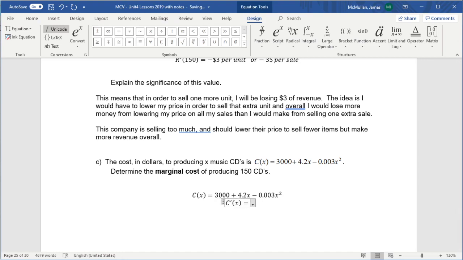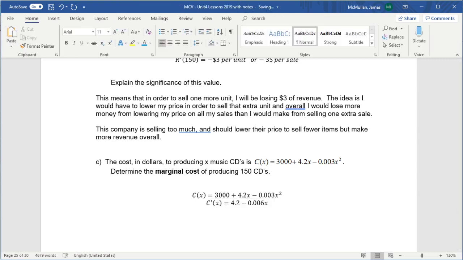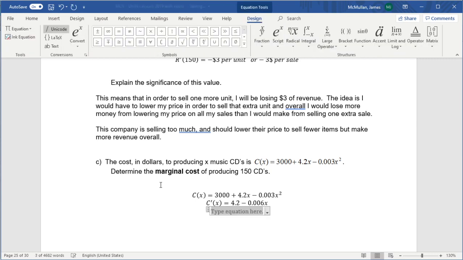It would be 4.2 minus 0.006x, right? And the marginal cost of producing 150 CDs. So C prime of 150 would be 4.2 minus 0.006 times 150, and that is